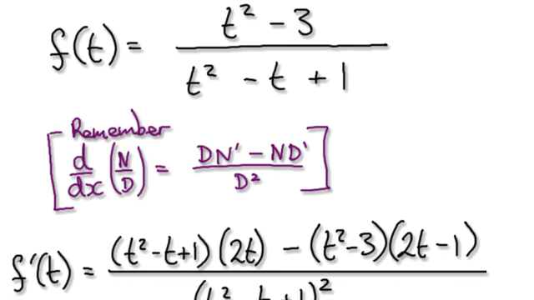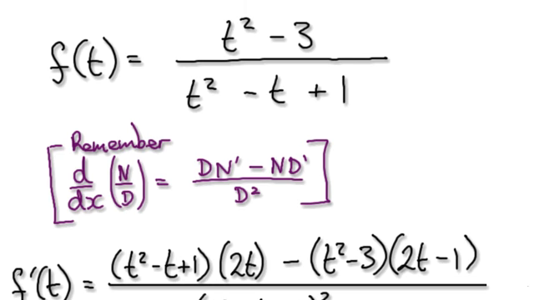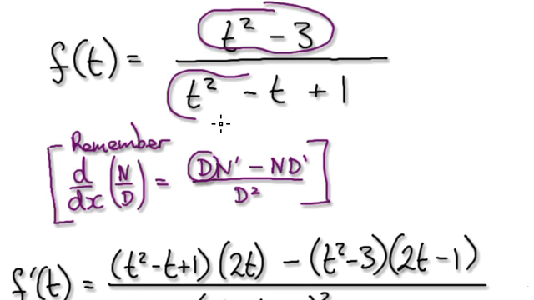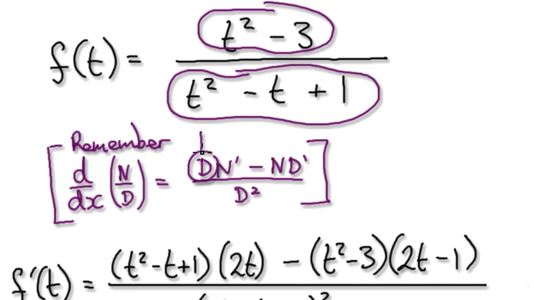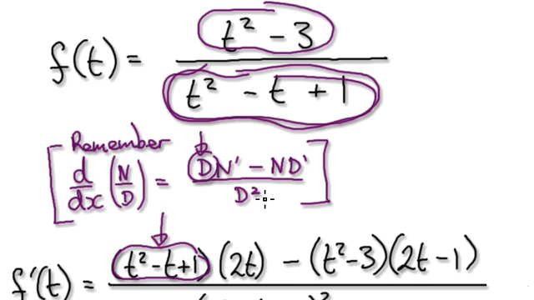Okay, so to do this here, looking at this here, leave the denominator as it is. So visualize it as one bubble over another bubble here. So the first part here, leave the denominator as it is. Okay, so that's you leaving your denominator here. Okay, and then concentrate on differentiating the numerator, which is this one here. That will give you 2t here, and then you've got your minus here,